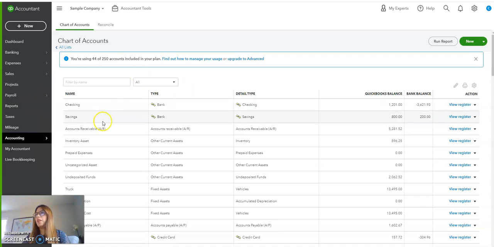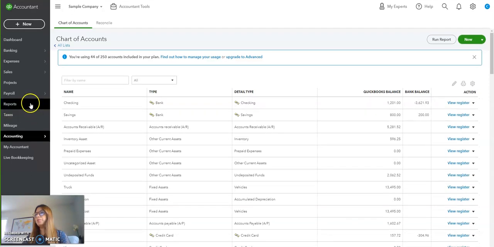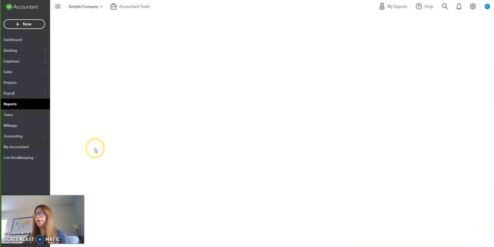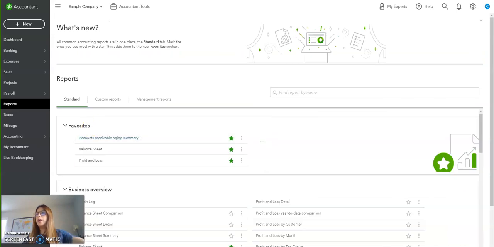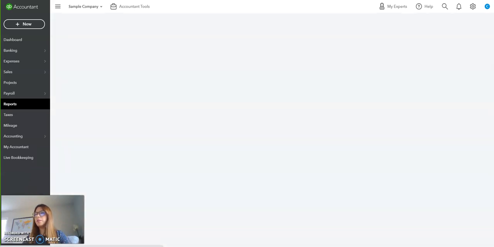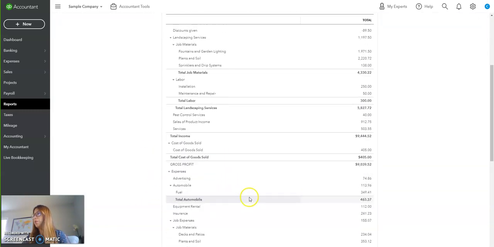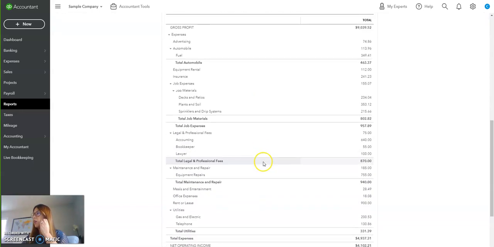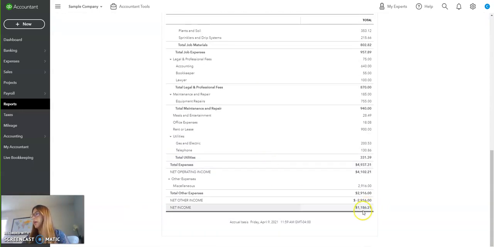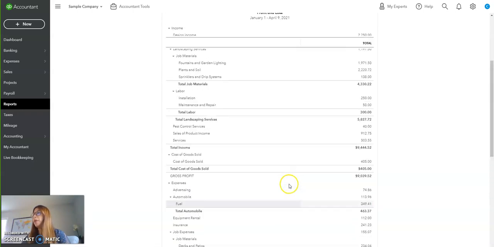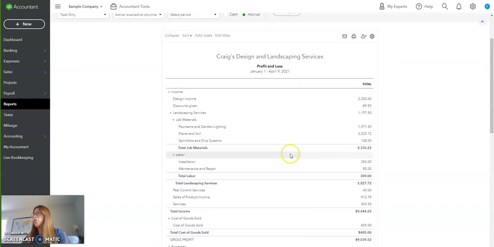So I'm on the sample company for QuickBooks, so this is not real data. But if you go to reports on the left hand side and then go to profit and loss. All right, so we have your profit and loss statement here. And then we have net income of $1,186.21, right? So your profit and loss shows your sales, which are deposits that are coming into the bank from